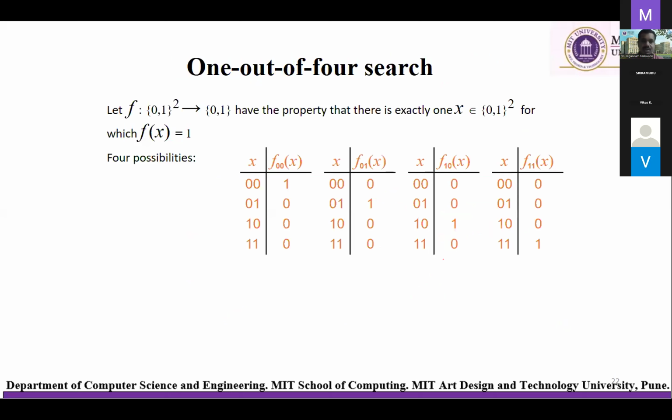Now here we have considered only one bit. Either we are passing the 0 or 1, then what will be the output, and based on this output we are deciding whether this particular system is constant or balanced. But if bits are more, suppose more than 1 bit, 2 bit, 3 bit, 4 bit, 5 bit, n number of bits are there, then how can we solve this particular problem? So the basic Deutsch algorithm, this is the very first algorithm in the quantum computer, and the same concept is now extended